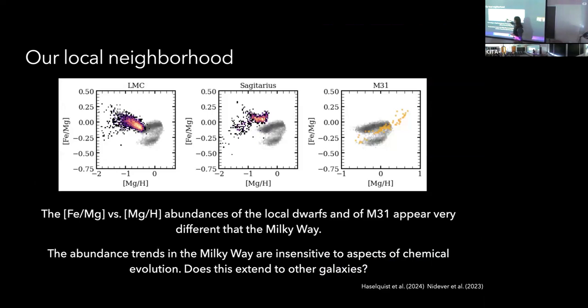If we just look at the iron on magnesium versus magnesium on hydrogen distributions of these different populations, we see that they're very different from the Milky Way. So we have LMC, Sagittarius, and M31, and none of them track this high alpha and low alpha sequence that we see. This is because they have had very different chemical evolution histories, right? They have different star formation efficiencies. The Milky Way has probably had mass inflows, whereas these dwarfs have not. And so those different changes change the shape of these distributions, the place where the abundances turn over, and their overall